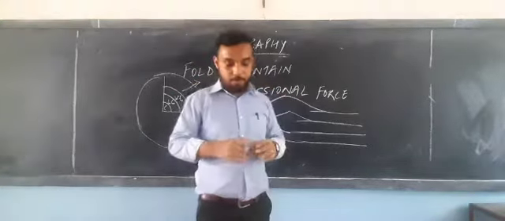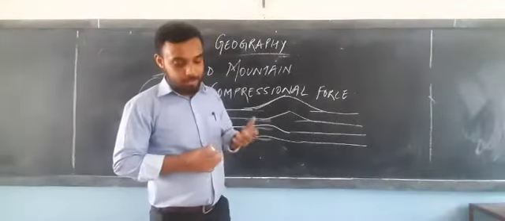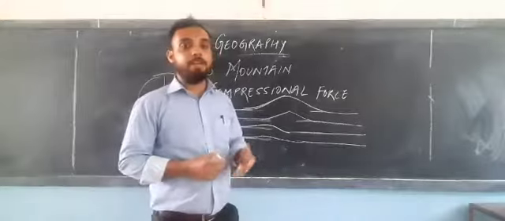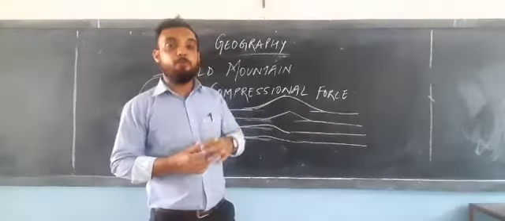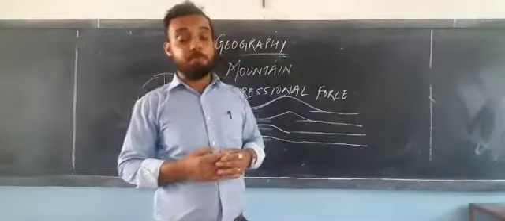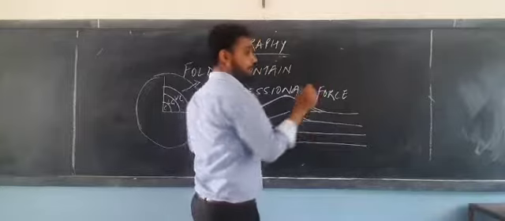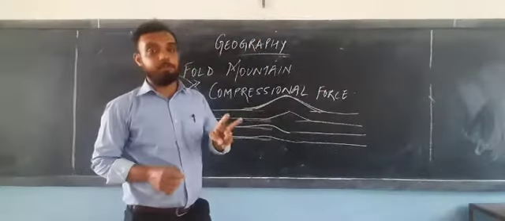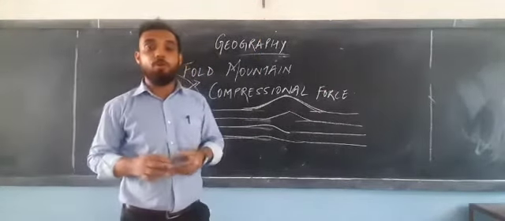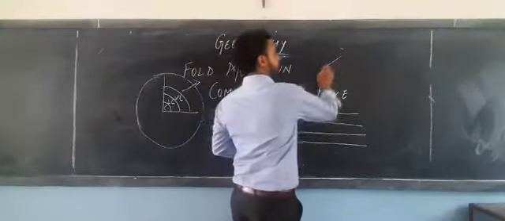Okay? The examples of fold mountains are the Himalayas, the Alps, the Rockies, the Andes. These are examples of fold mountains. They are high with steep slopes. When a fold mountain is formed, it is divided into two types: young fold mountains and old fold mountains. Young fold mountains generally